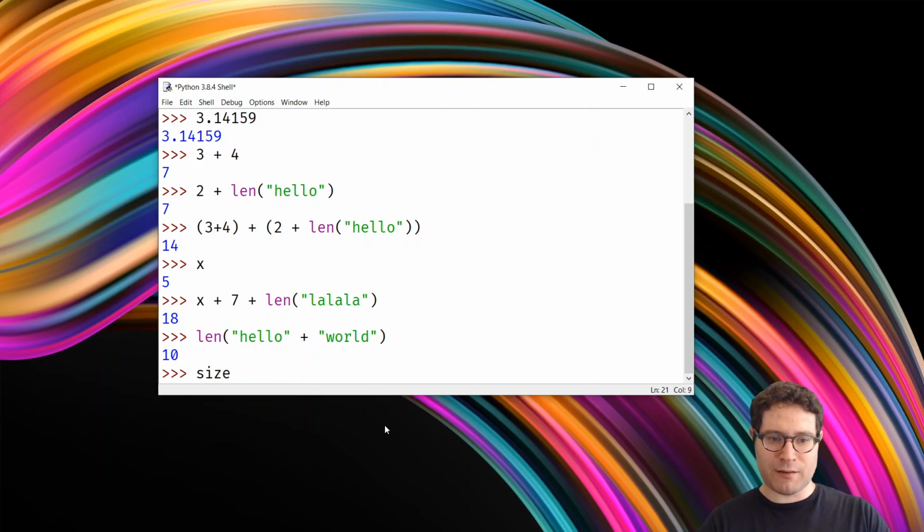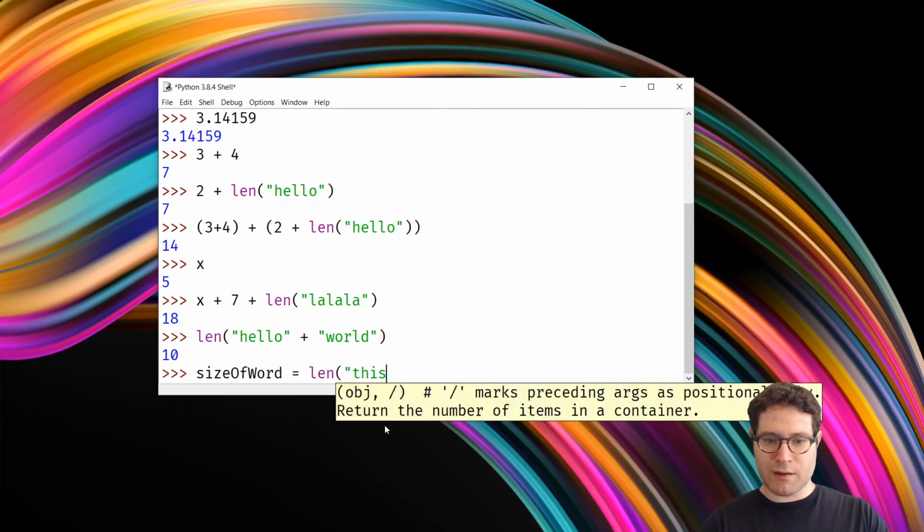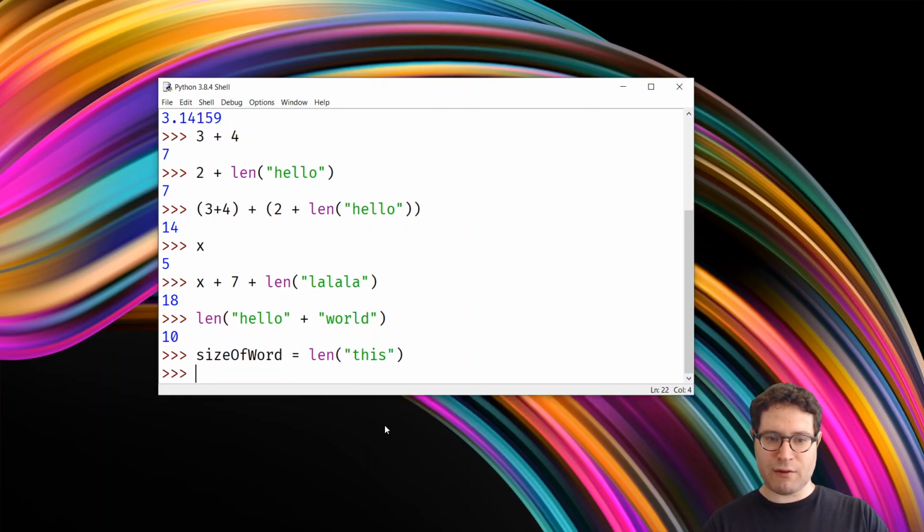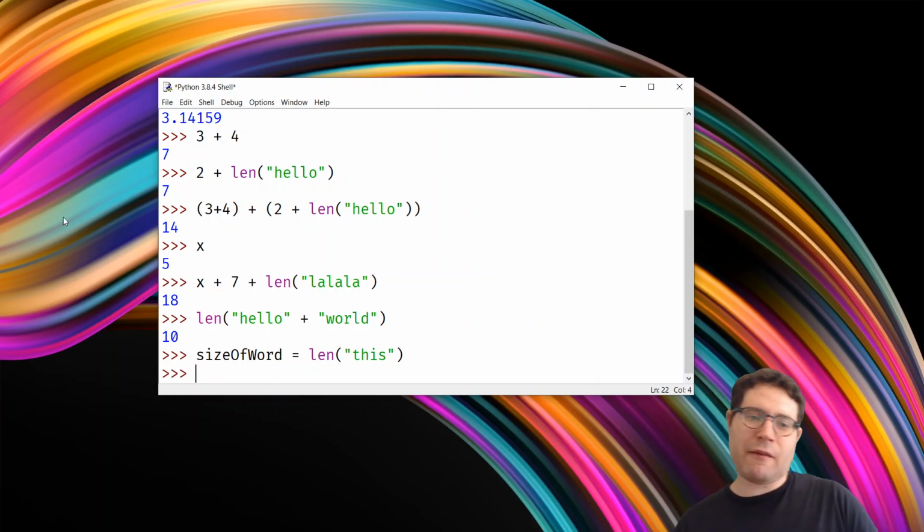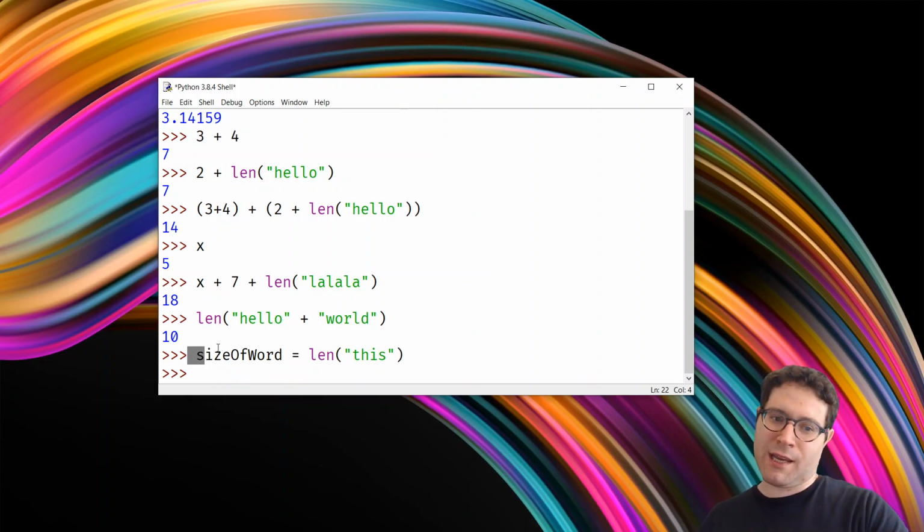So here's an example. Size of word is equal to length of this. Now let's just go with this. And that'll give us 4. Now notice that when we do an assignment statement here, by the way, it doesn't print anything out. This is because